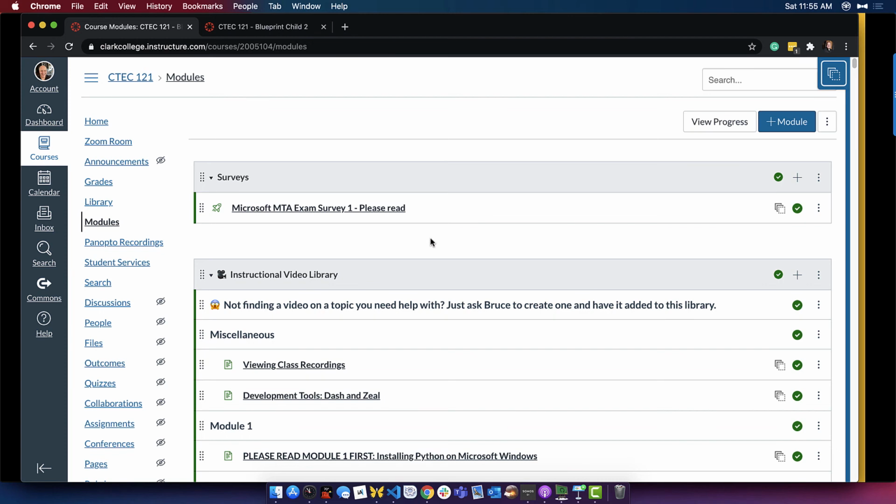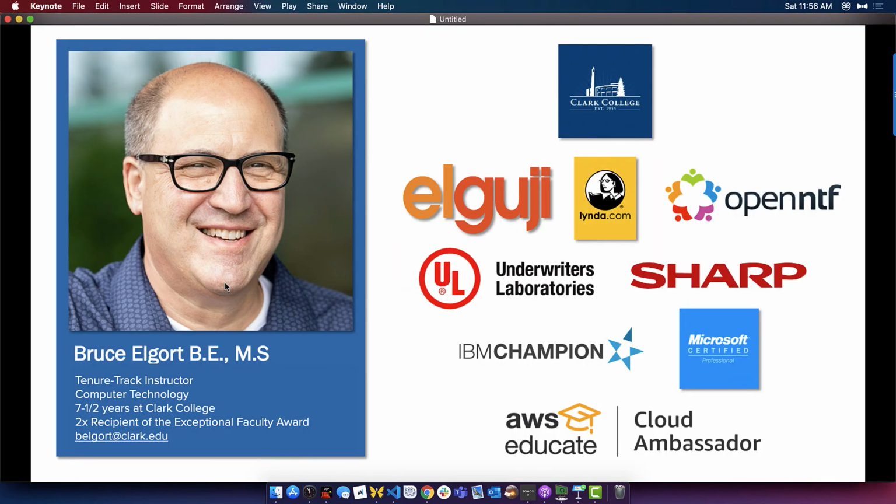So this is awesome. This is something that I was dreading, having to keep multiple Canvas shells in sync due to the fact that we cannot merge sections anymore that aren't cross-listed in the Clark schedule together. So now I have exactly what I want. Sure, I'll need to send out multiple announcements and do things in two different shells, but at least I don't have to manage separate content in each of those shells, okay?